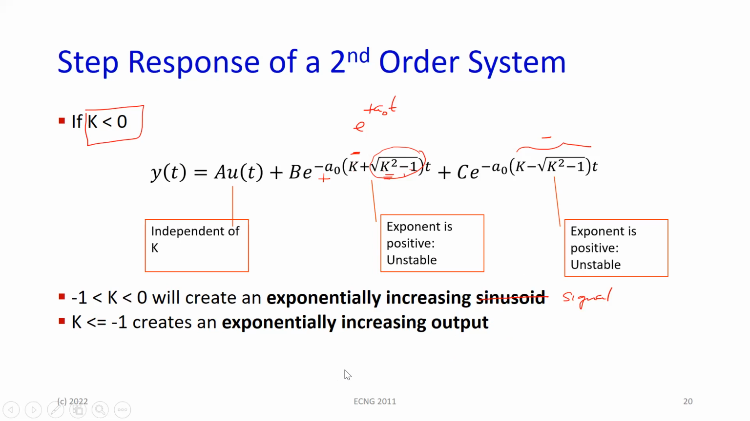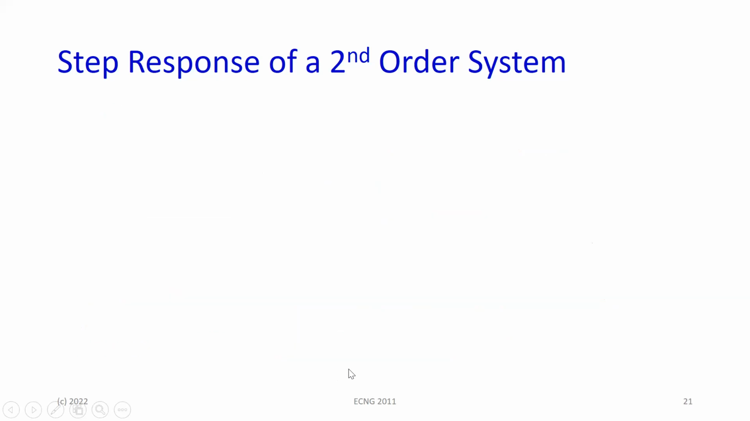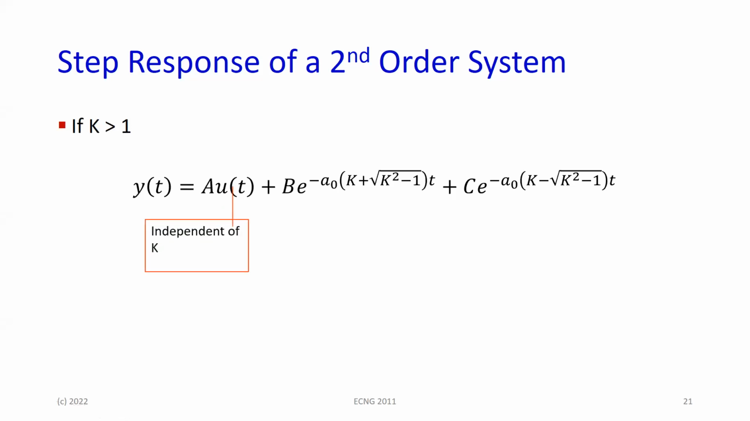Yes, sir. Nice. So k less than 0 makes Y(s) unstable. K greater than 1: the first term is independent of k, so we don't care about that. The second term now, if k is greater than 1,